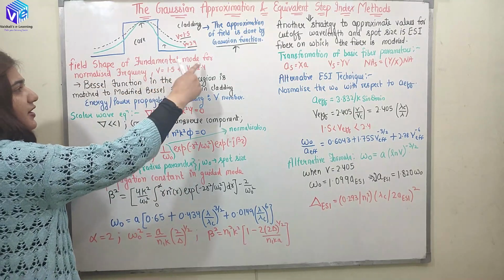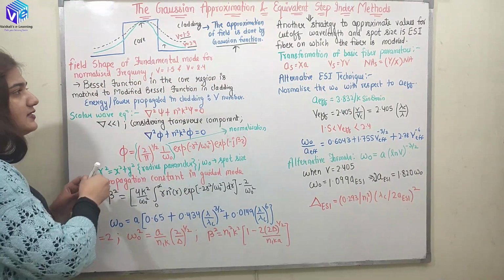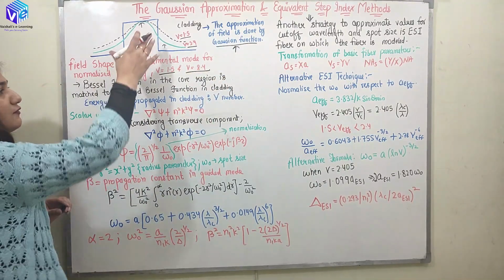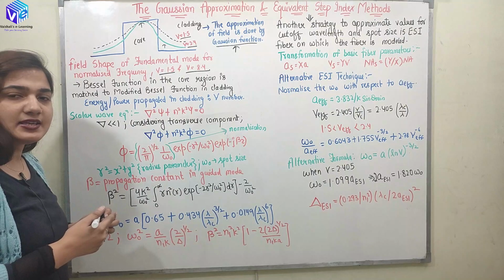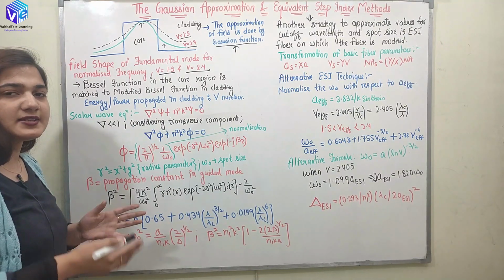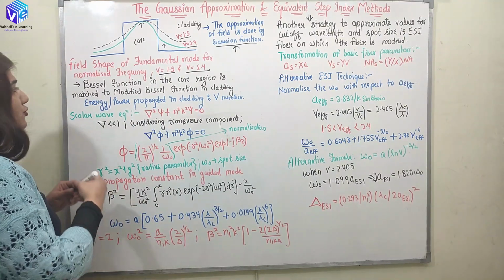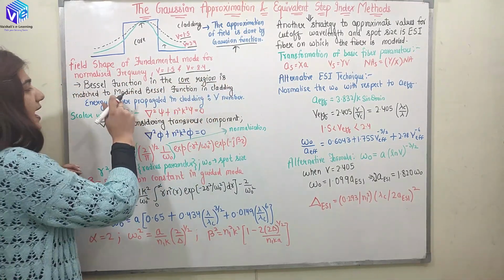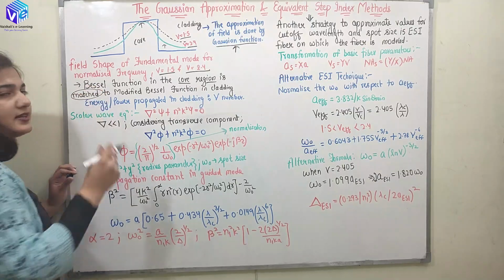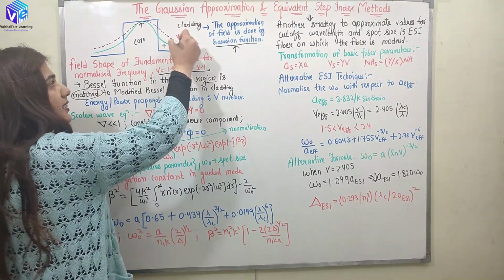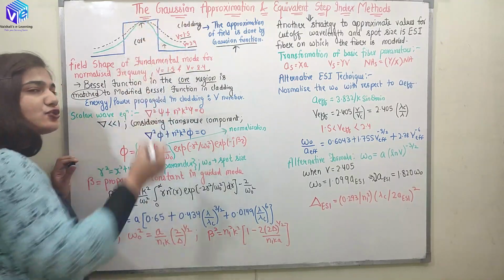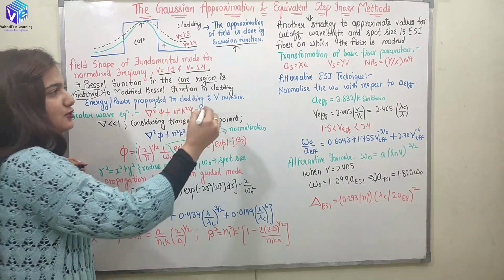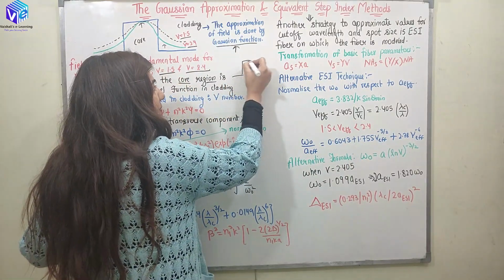So the field shape of the fundamental mode for the normalized frequencies 1.5 and 2.4 is shown in this figure, and you can see that both of them are represented as the Gaussian function. The Bessel function is represented in the core region and it is matched. You have to understand that whenever we have the field in the cladding, it should be matched to the field of the core, and then only it will form a bell type of structure. Now let's see this type of scenario.